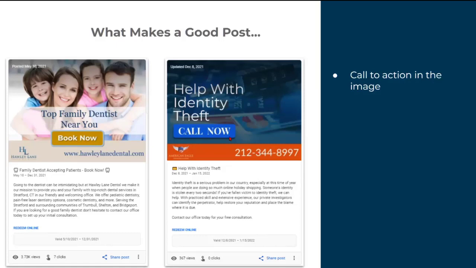Same thing with the call now. It doesn't do anything when it's in the image. You would have to go and click the button that said call now button or learn more button. And so these kinds of posts do well also to get engagement because you have